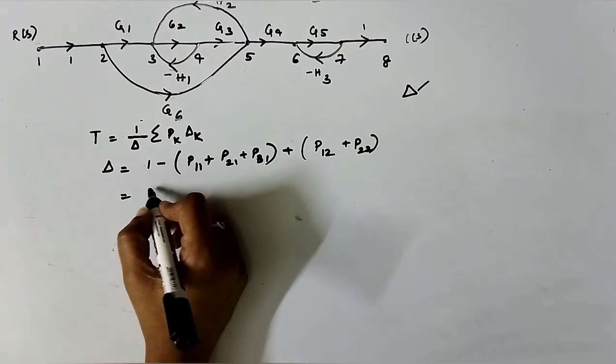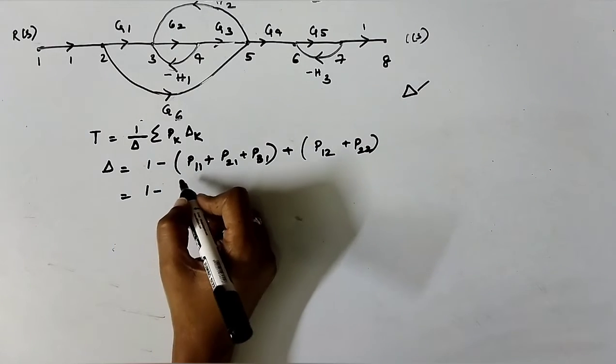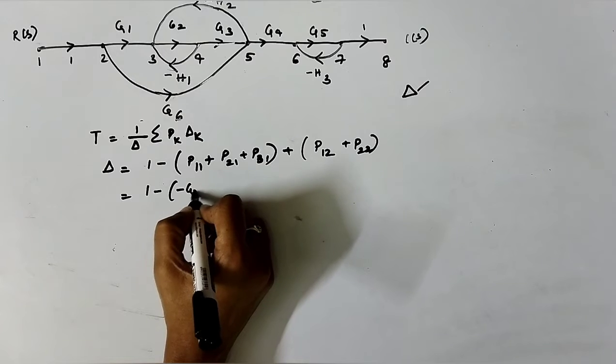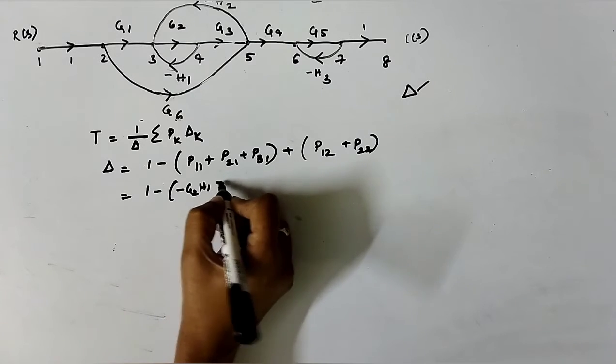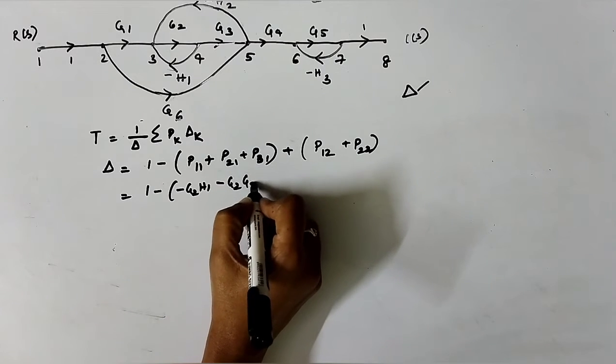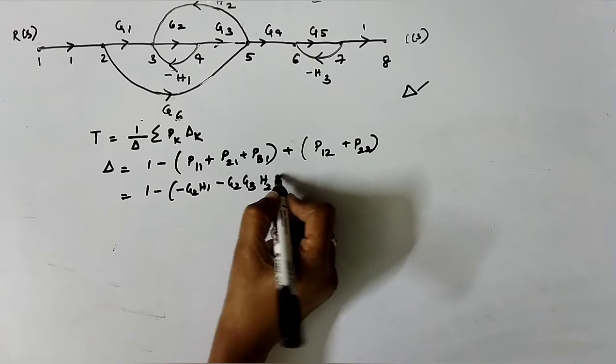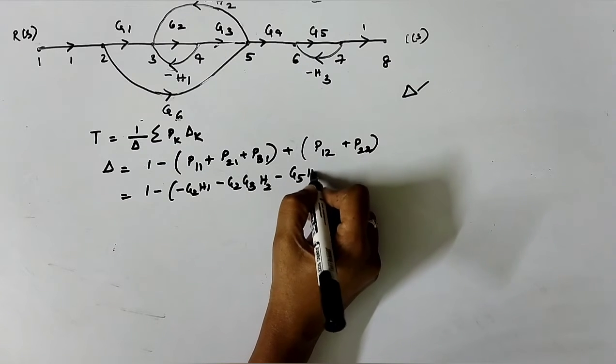We'll substitute this. That would be 1 minus G2 H1 minus G2 G3 H2 minus G5 H3